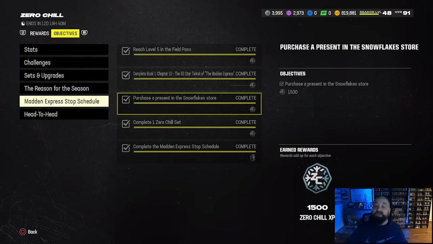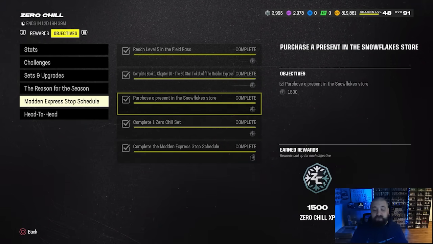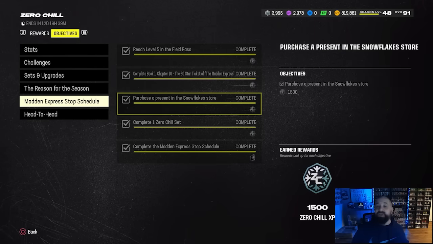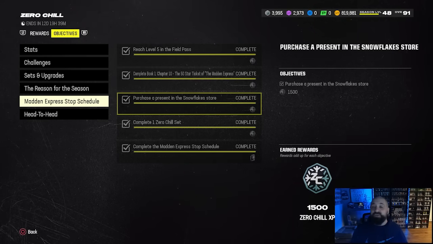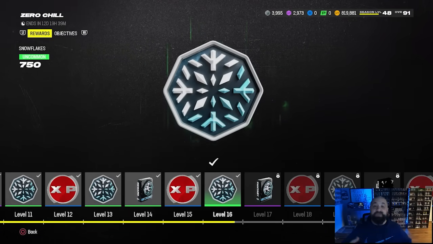But like I said, if you haven't unlocked that strategy item, you can't do it anymore because of this objective with the Snowflake store. If you did unlock that strategy item, make sure you have it equipped in the strategy tab within your lineup. Now, if we go back to the Zero Chill Field Pass, the free fantasy pack that you're going to earn is all the way at level 30,